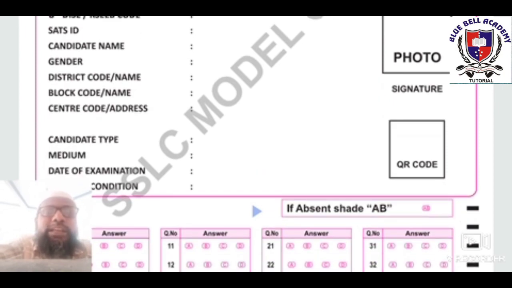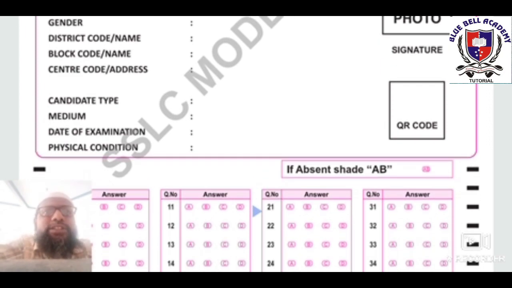The district code will be given by the district authority through your school. The center code is also given, where you are going to appear for the examination. Then the candidate type: regular or correspondence. Medium of instruction, that is the medium in which you are going to write the examination: Kannada, English or Urdu.